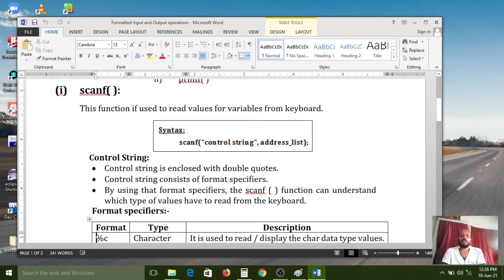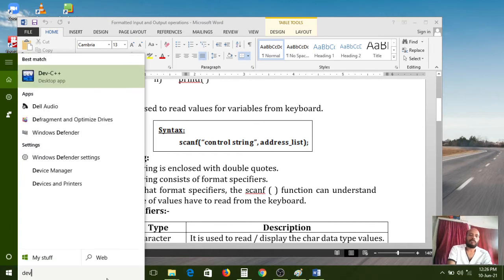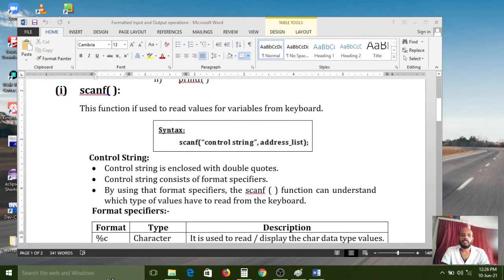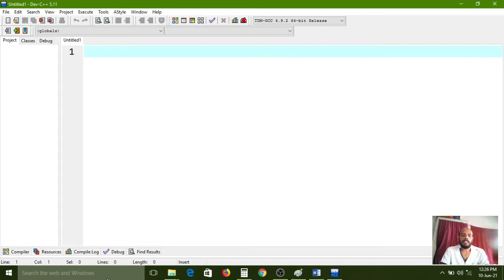For example, now I am opening the Dev C++ window, input and formatted input and output operations demo.